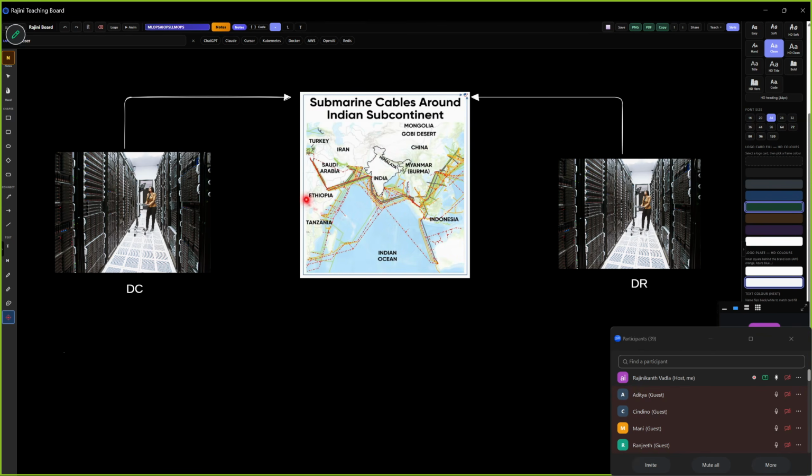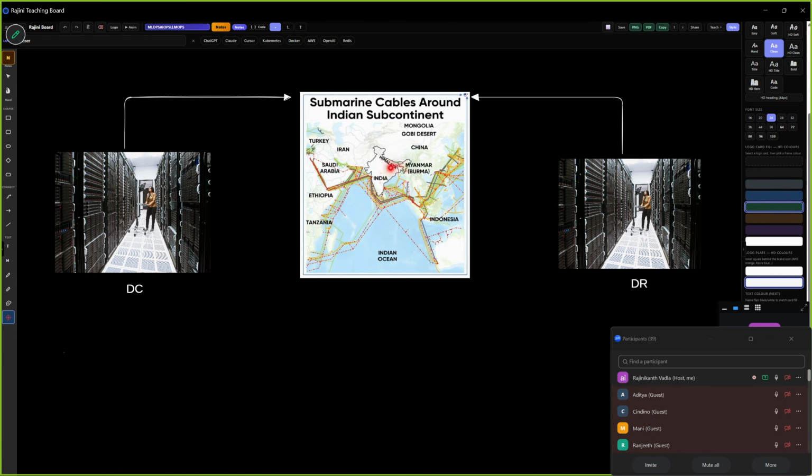So over the sea, there will be some cables. So everywhere your internet is cable. Your wireless thing is only for a certain distance. It is not for the long distance. Everything is wired. So from your oceans, there are some submarine cables. With that only your internet is passing across the world.